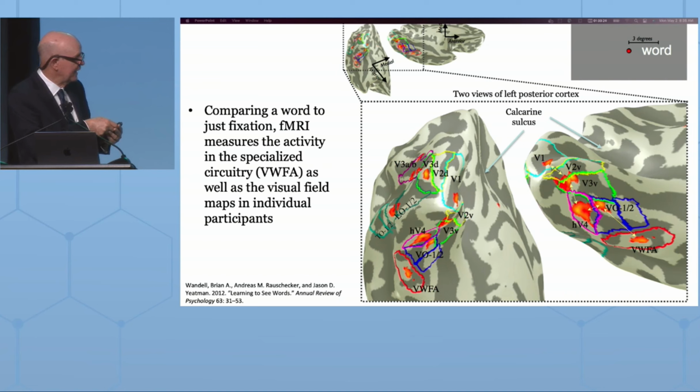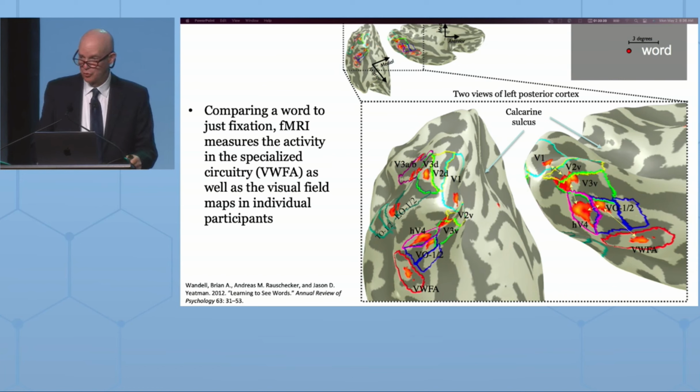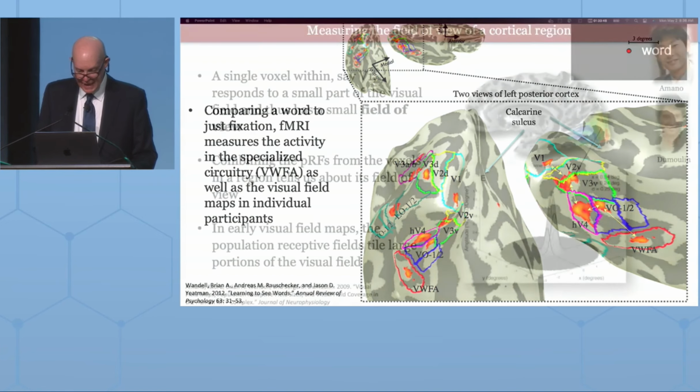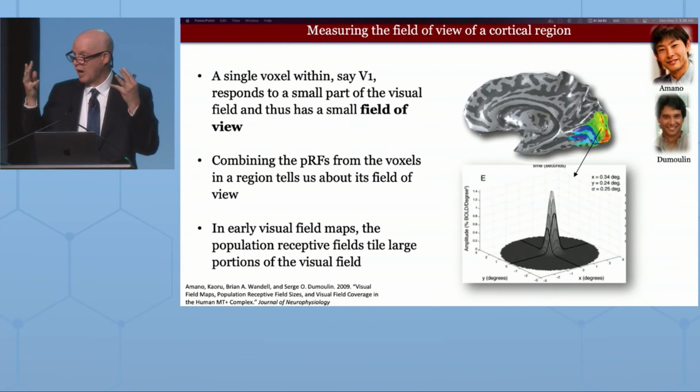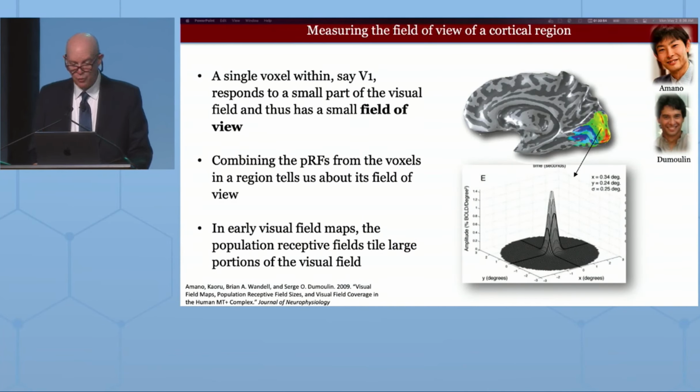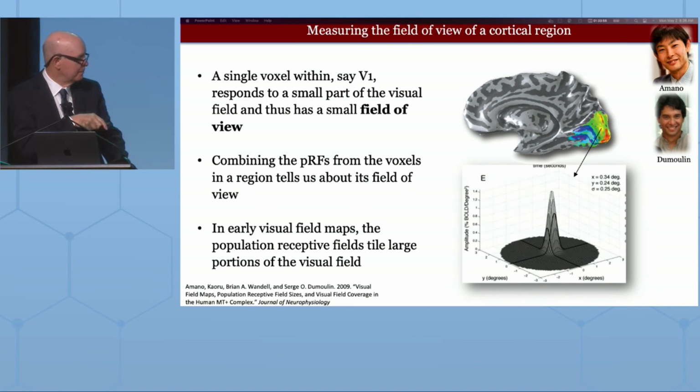Andreas would have a person fixate here and present a word just to the right of fixation, and you can see the response in V1, V2, V3, the fourth visual field map, the ventral occipital maps, and all the way here into the visual word form area, in individual subjects, in experiments that last 15, 20 minutes, and so forth. And you can look for these and study them. We did have a look using the methods that I've been describing to you before. For example, I mentioned to you that we could measure these population receptive fields, and Kaoru Amano and Sergio Milan made measurements of these population receptive fields.